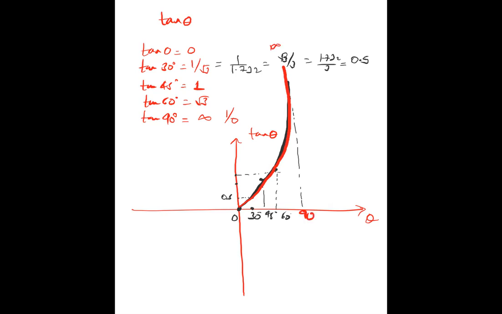And here also, if you see on the negative side, tan of all the negative values will be negative. So it will go like this. Again here, minus 30, minus 45, minus 60. And for minus 90, it will again approach infinity. So this kind of graph lies between minus 90 and plus 90. And this set of graph will repeat again and again.